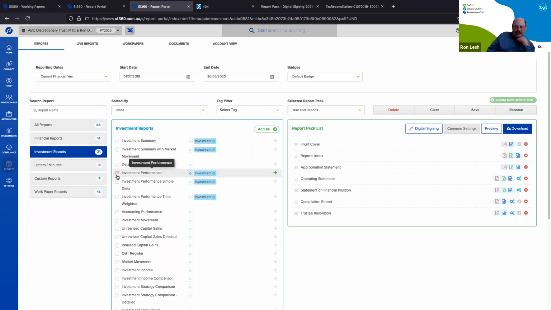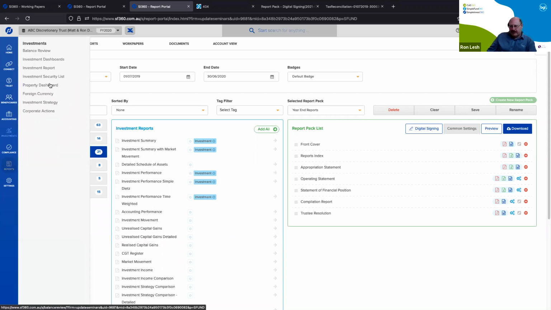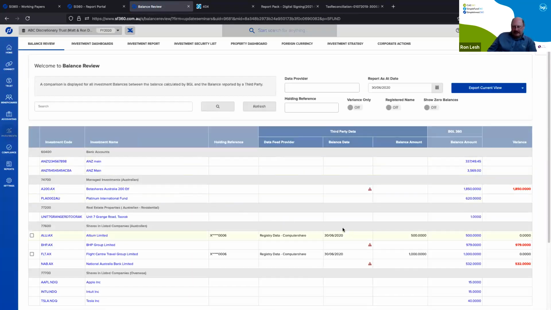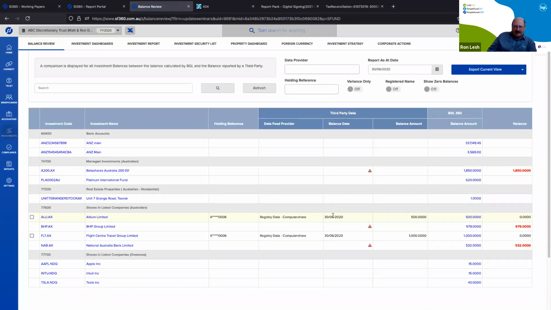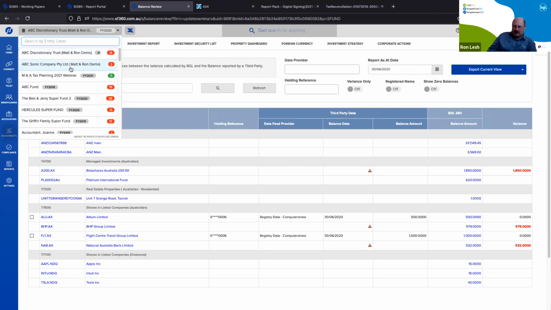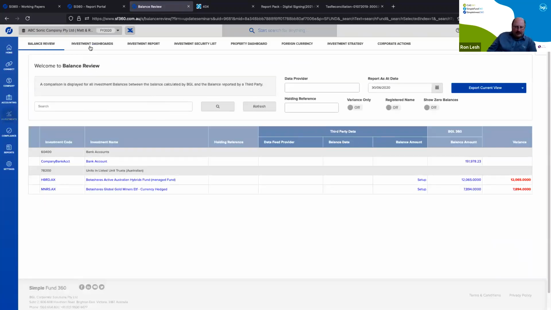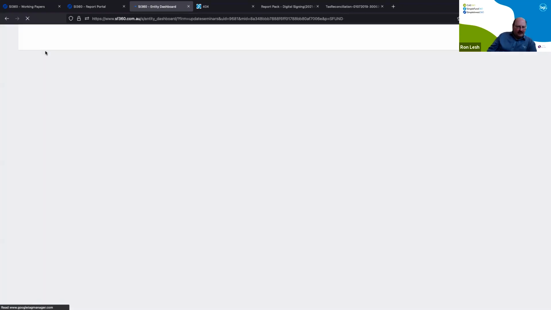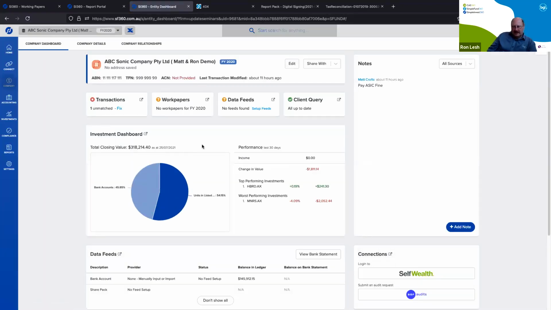I think something that's really important is the ability to verify your listed investments back to registry. So that's a unique feature that's in both Simple Fund and Simple Invest. 360 gives you the ability to confirm your balances, especially useful in Simple Fund 360 because it means the auditor doesn't have to guess, doesn't have to go and look. It's all there within the software to tell you that it's all integrated, that the balances are confirmed, and when there are any differences. So again, that's very useful in the Simple Invest environment to see if there's any differences and make sure that you get your data correct.